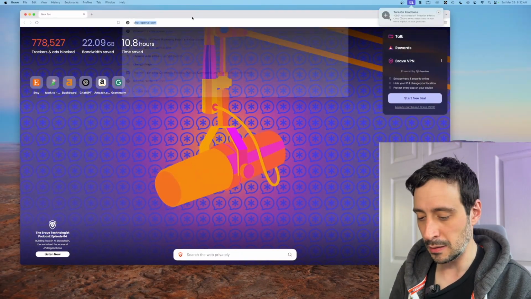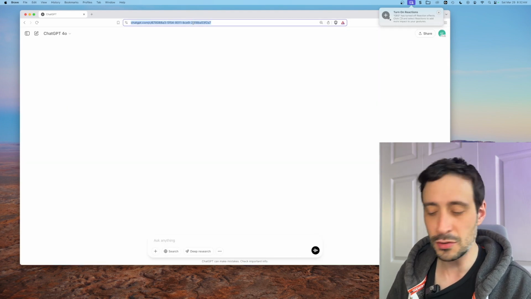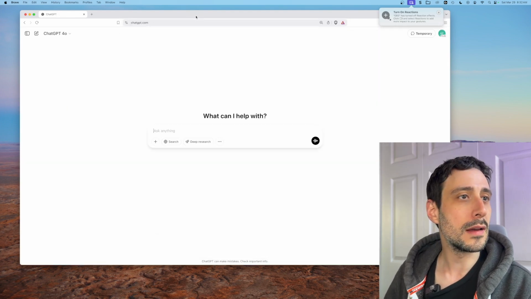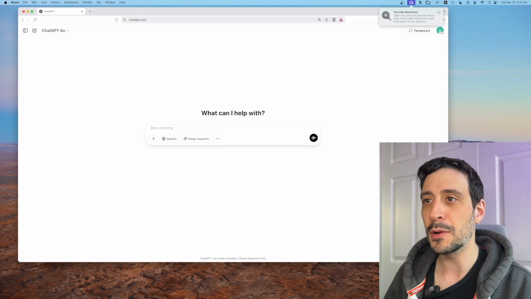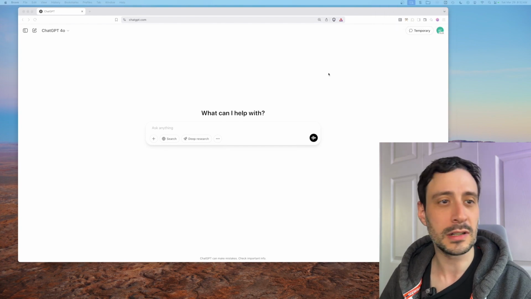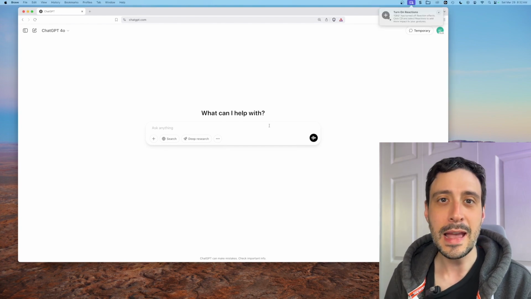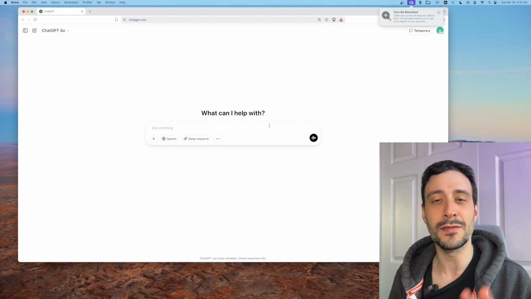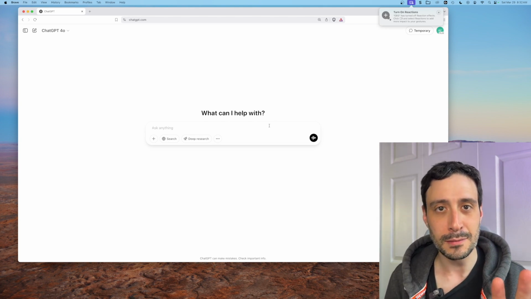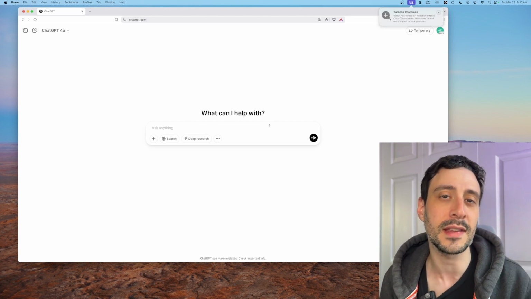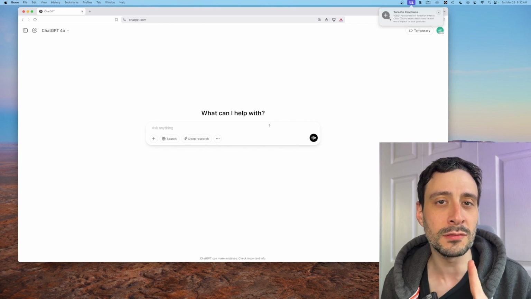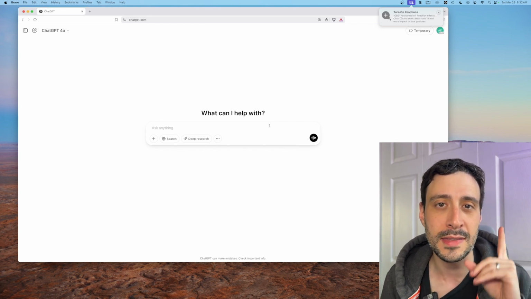Let's dive into the computer and show you what it's about. All right, so ChatGPT has come out with their new image generator. What's really cool about it is that it does a fantastic job of not only creating a realistic, almost photorealistic image, but it'll also do it with text on the image,